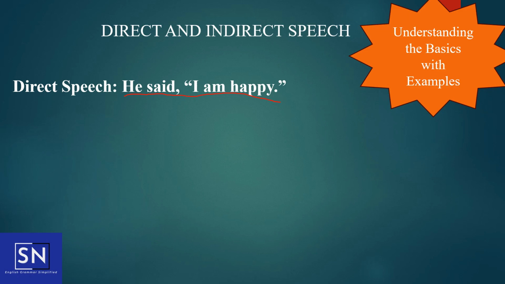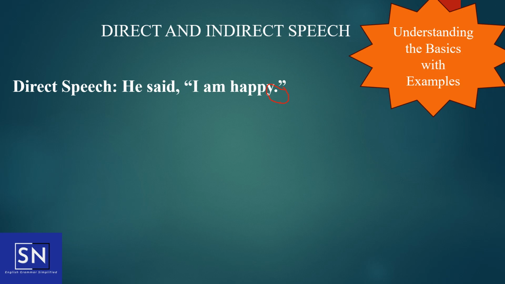Friends, if you observe this sentence, you will notice it is an assertive or declarative sentence. What is an assertive or declarative sentence? What are the other types of sentences? Let us learn that in detail. Before that, how do we identify the type of sentence? It's quite simple. Here, he said, "I'm happy." It's a statement which ends with a full stop.